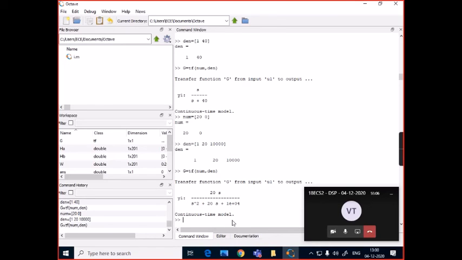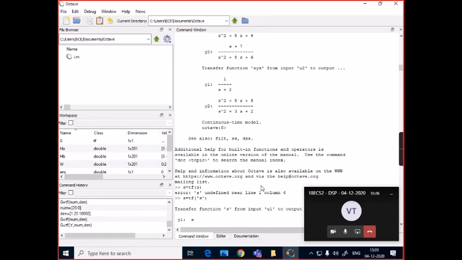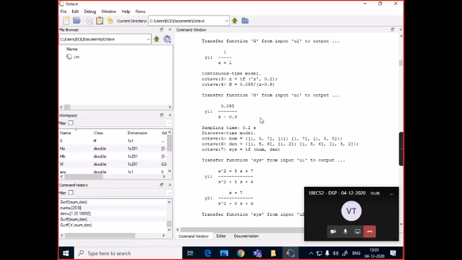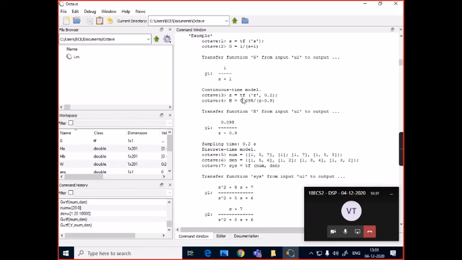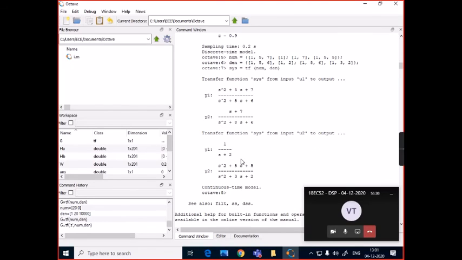Now if I want, I can plot the Z transform as well. The Z transform represents the system function of a discrete time system. I just need to include Z. For that I need to specify the sample time, like it says here. Once we define the sample time of Z, you will get a discrete time system's transfer function as well.